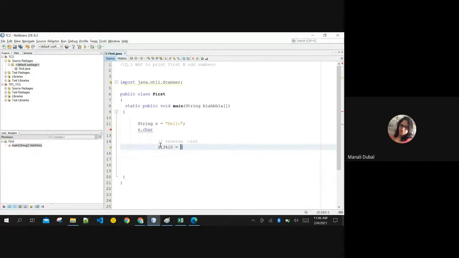You might have done the same thing in C, or in Python also. But in Java, you can even reverse a number using a string. There are different methods available which are easy for you to use with strings. Just a simple application is reversing the number. Now, if I want to extract a character from this whole string, I can use the charAt method, a character at a certain location. If I'm mentioning 3 over here, what do you think the output will be? Can you help me out?